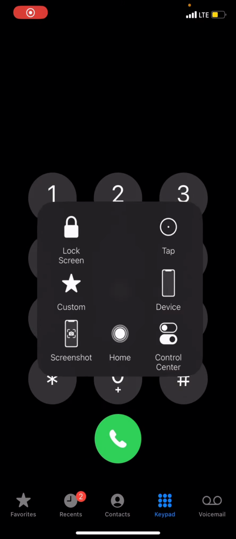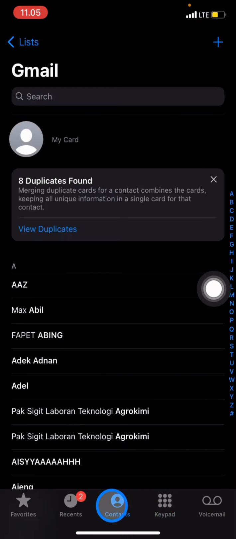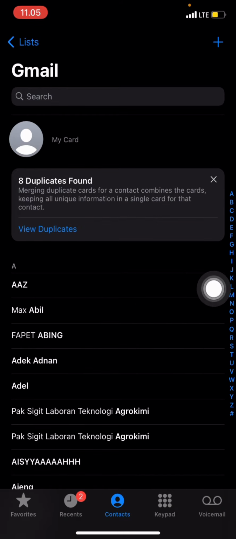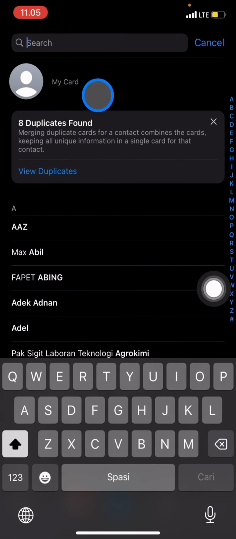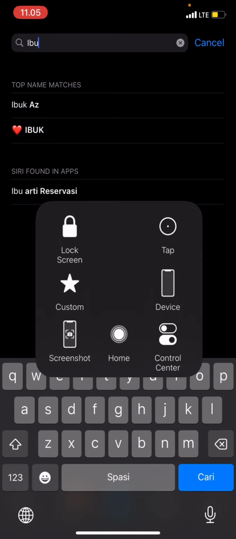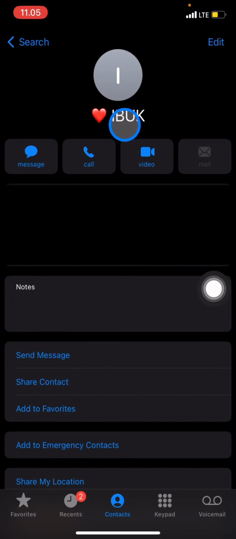then after that go into the Contacts button. Now you can choose which contact you want to add to your favorites, or you can simply type the name in the search bar. I want to add my mom, and after you find it, just click it, and after that you can